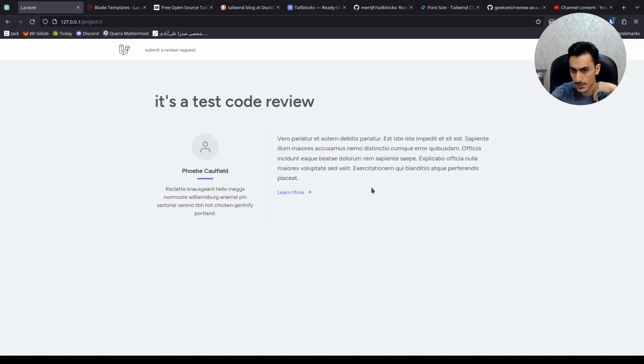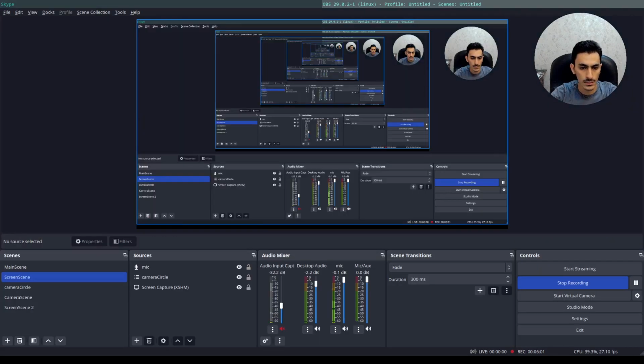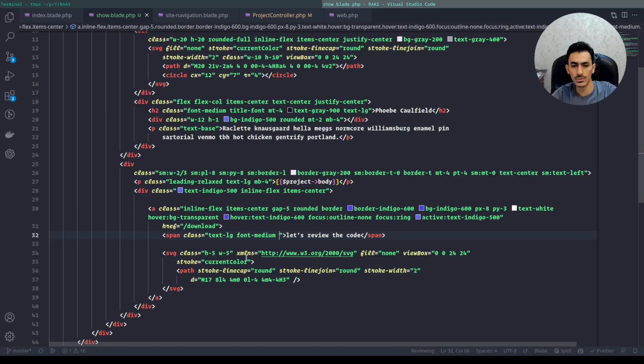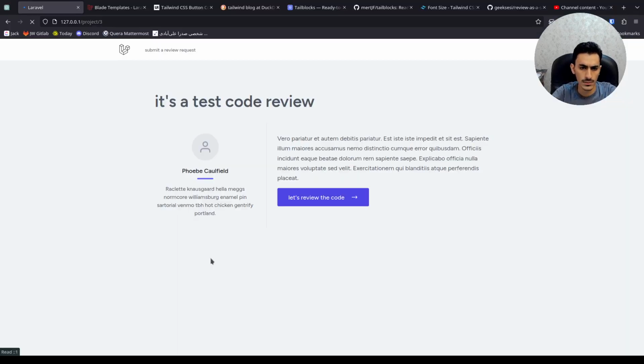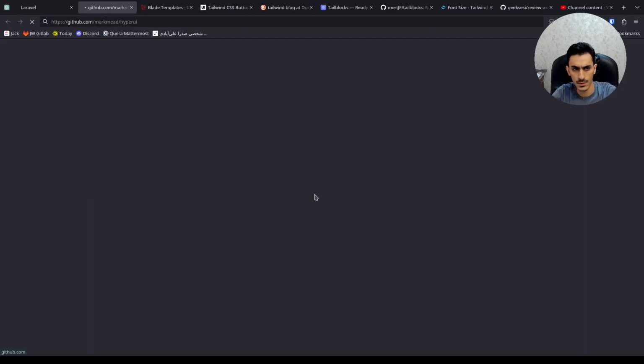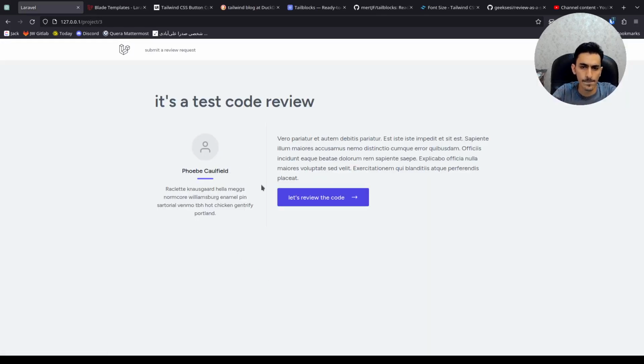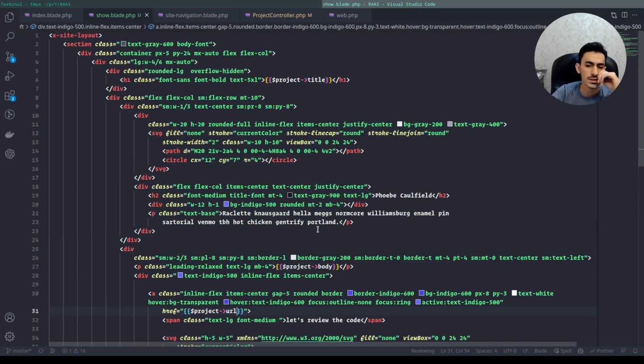it's better to refactor it to an attractive button here. Okay, I think this button is better. Let's review the code, and in href we need the project URL. It's kind of good. Just we need the things for